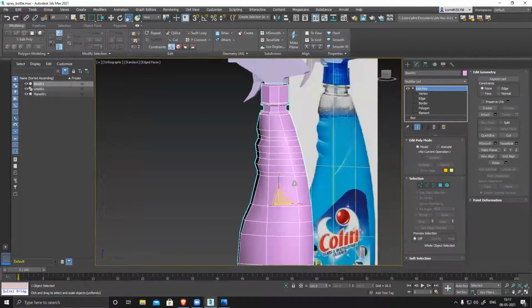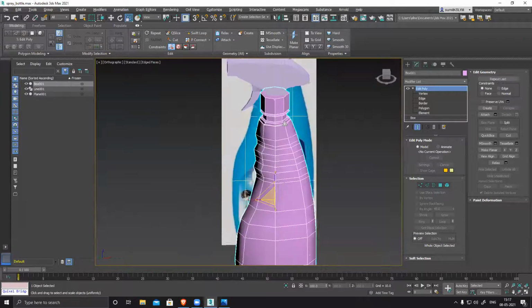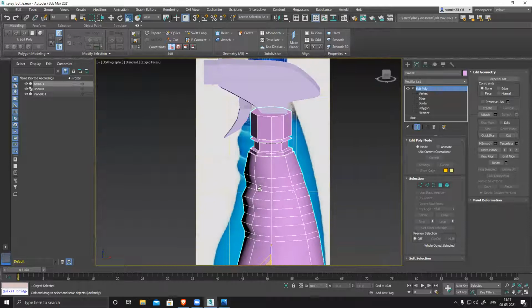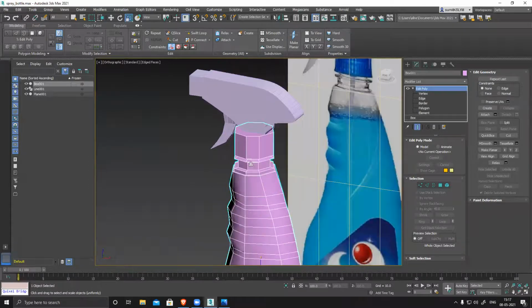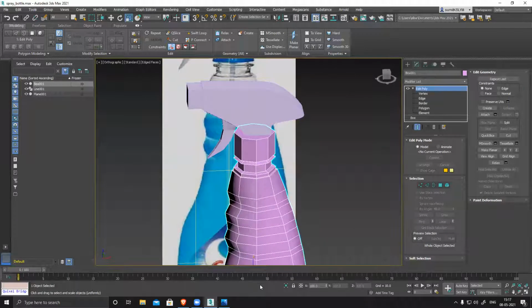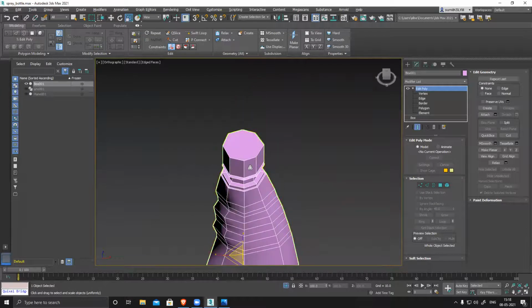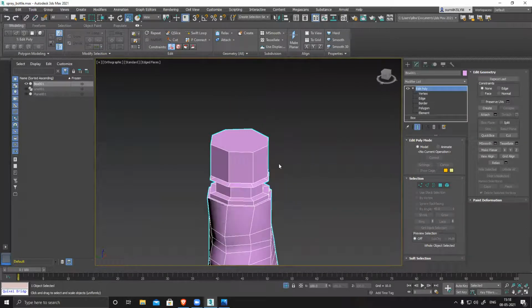So, there are two ways. Suppose you are doing it for production, meaning movies, cinema, TV series or all those animation. If you're creating it for those things, in that case you don't have to optimize the model or reduce the poly count. So this is a decent polygon count. I can make it even a bit extra. I can add even more loops here. So now what I'll do here is